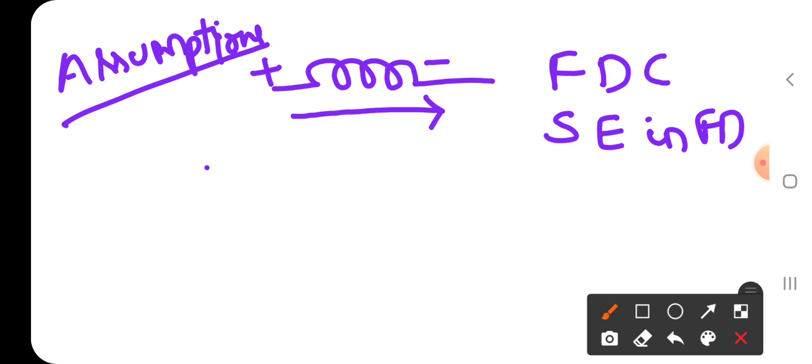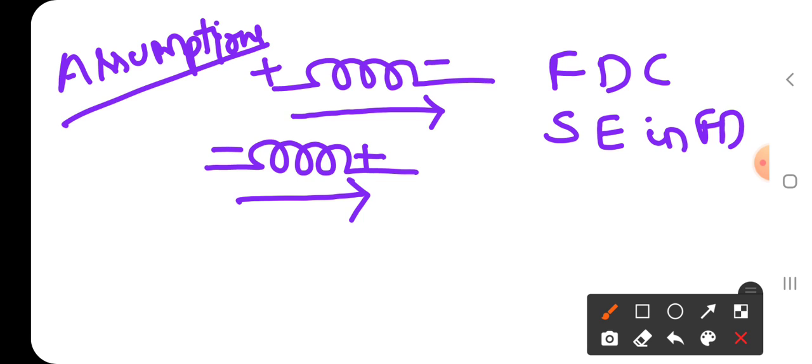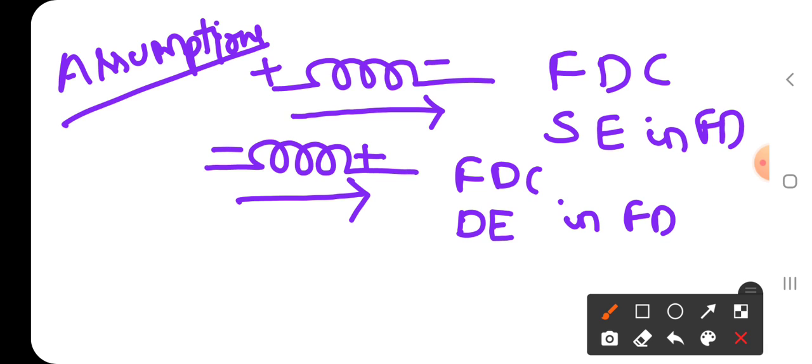And the second one is, suppose the inductor is like this, plus here and minus here; the current cannot be changed. Now this will be forward direction current, but here the inductor is discharging energy in the forward direction. Then what about the third one?